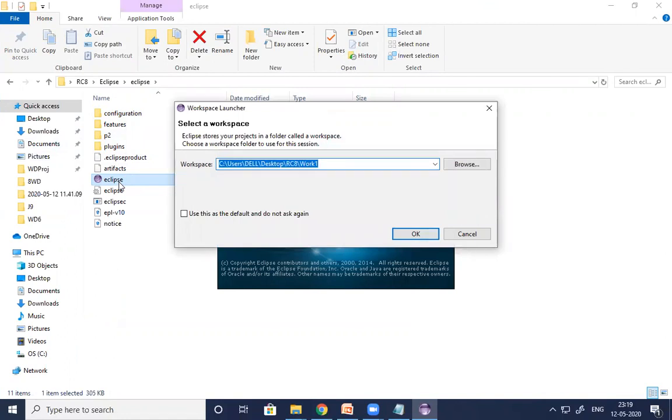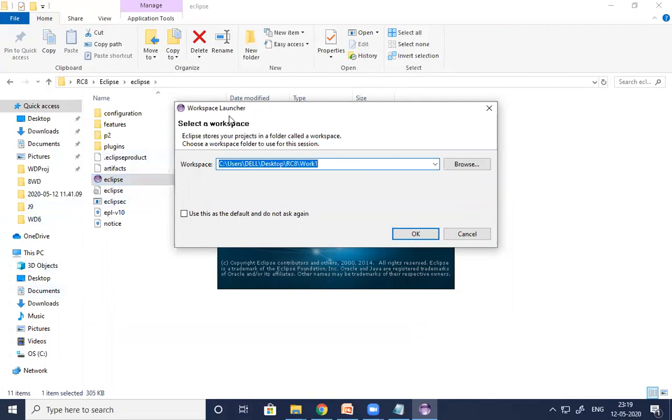So what is a workspace, Kishore? Very important area, guys. Eclipse is asking me a question. User, you are trying to open Eclipse now. Why are you opening Eclipse? To write the Java programs. So my question is, user, whichever Java programs you are going to write in Eclipse, where do you want me to save those programs? That is called the workspace location. So please provide the workspace location.